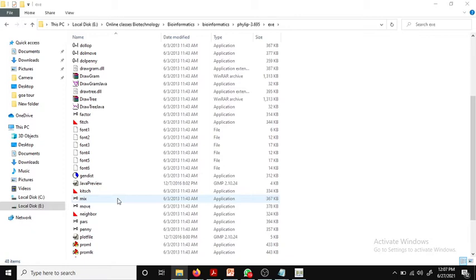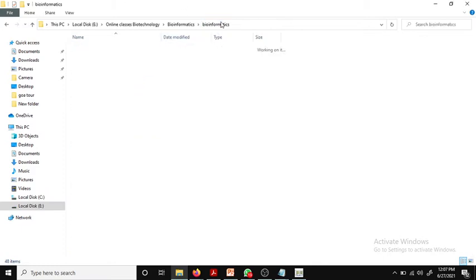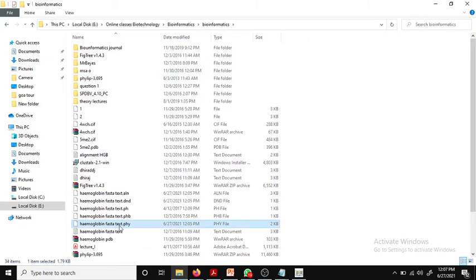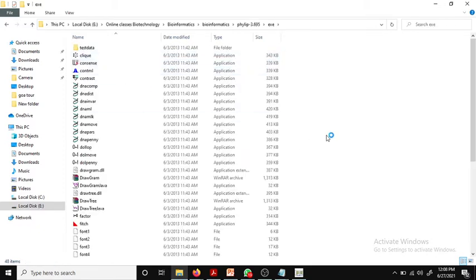Okay, so what we need to do: first of all, we have done our multiple sequence alignment for the hemoglobin sequences which were provided in ClustalX2. Now we have generated the output file in the phylip .phy format. So we need to copy that .phy file to the phylip folder, this folder. You can see where my phylip folder is. I'll copy it, go to the phylip executable folder and paste it over here.